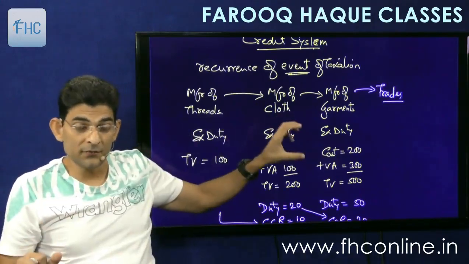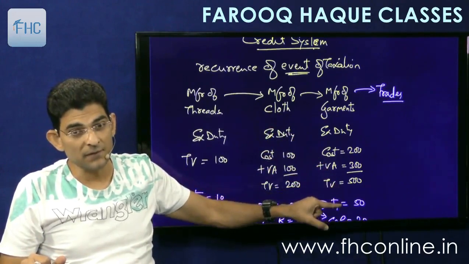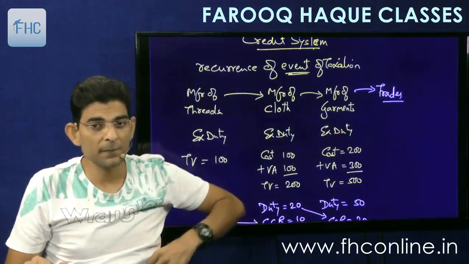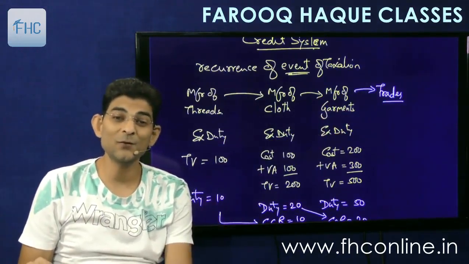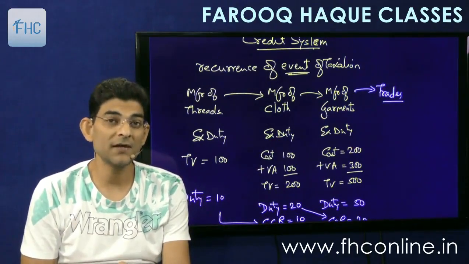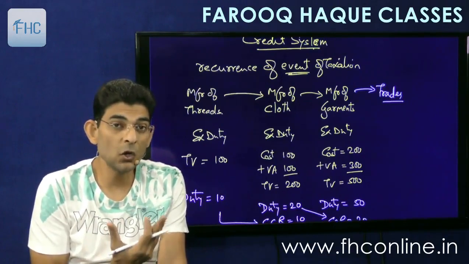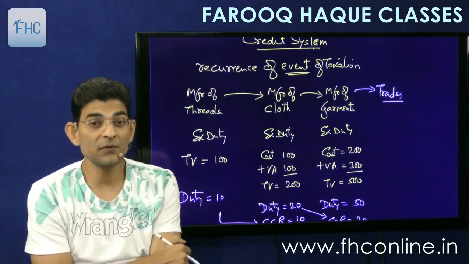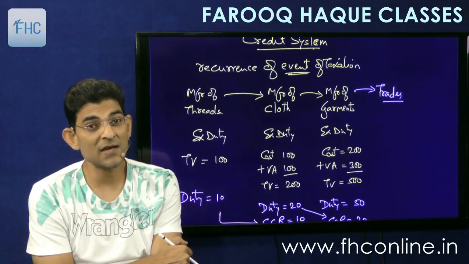So the excise duty that was levied here in the last transaction is 50. This guy is going to sell the goods at 550 to the trader. But the trader will not be able to take credit of this 50 because this is excise credit. He will not get excise credit because his output liability is not excise. His output liability is sales tax. So this credit of 50 could not be set off against his sales tax liability.